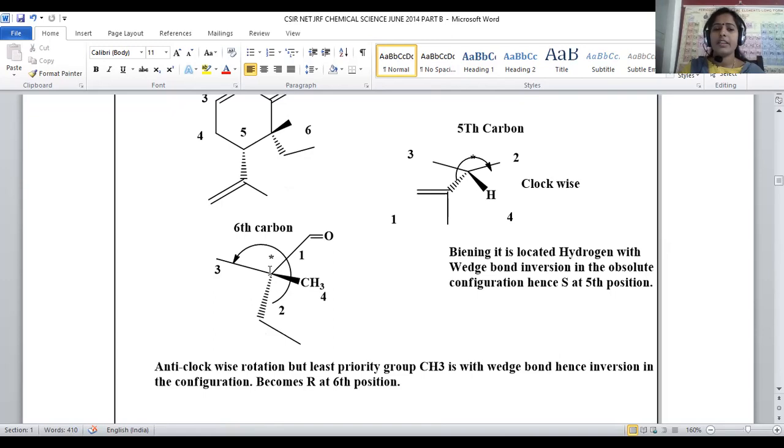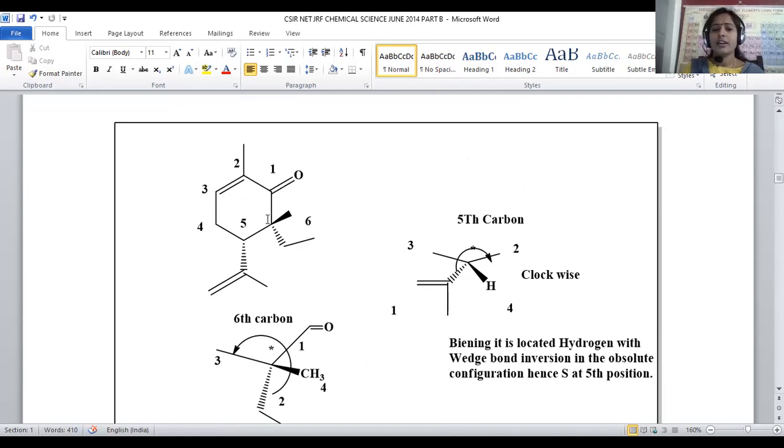Then let us consider the sixth carbon. So this is the sixth carbon I am taking. At the sixth carbon, we have an adjacent C double bond O group. On that sixth carbon, one methyl, one ethyl is there, and adjacent we have this fifth carbon, which is attached with isopropyl, right? So this is the sixth carbon we are considering. It is indicated with a star, being the chiral center, right? Whenever carbon double bond O and carbon double bond C are there, obviously carbon double bond O will get priority over carbon double bond C, because oxygen's atomic number is higher compared to carbon, right?